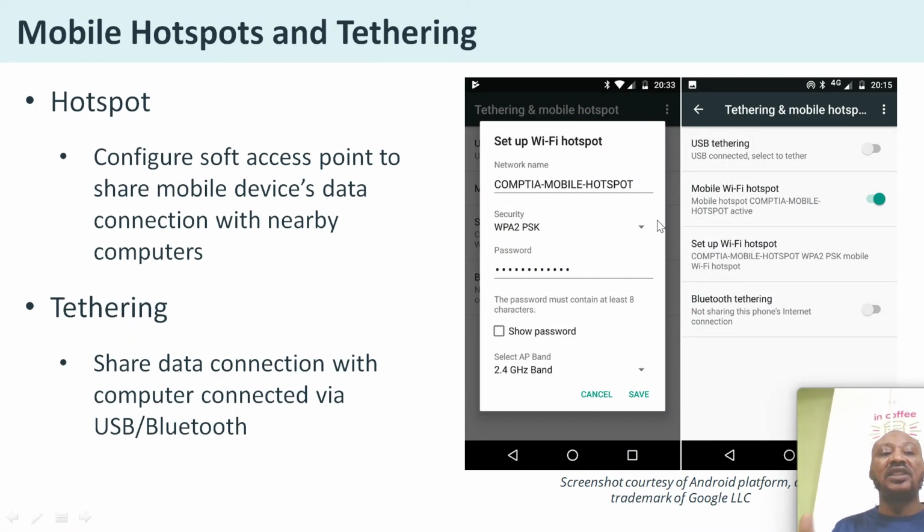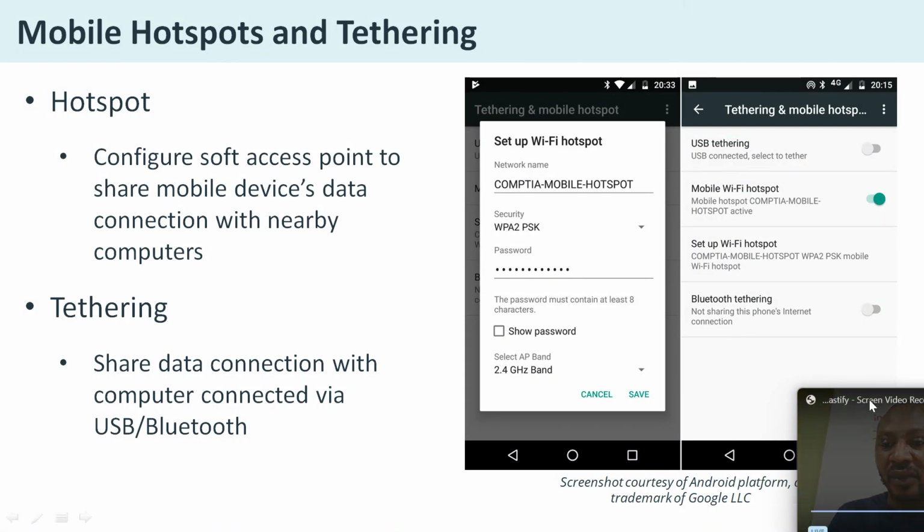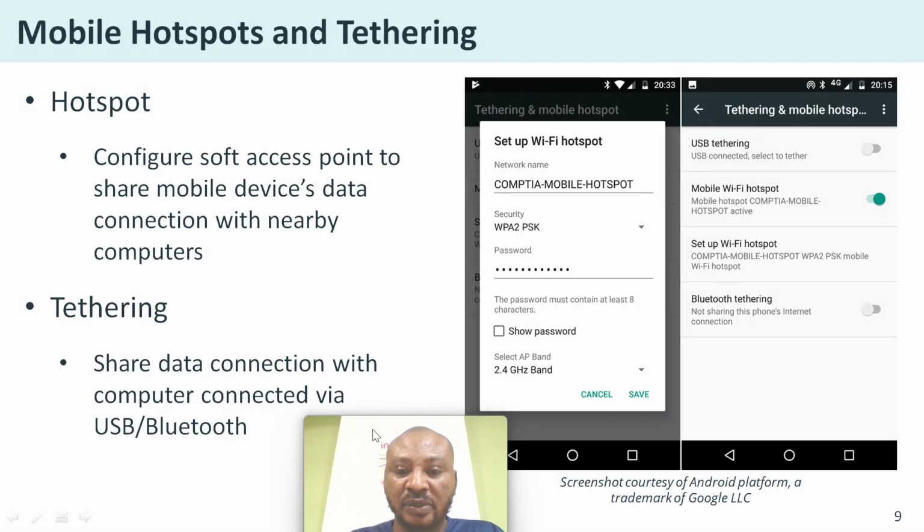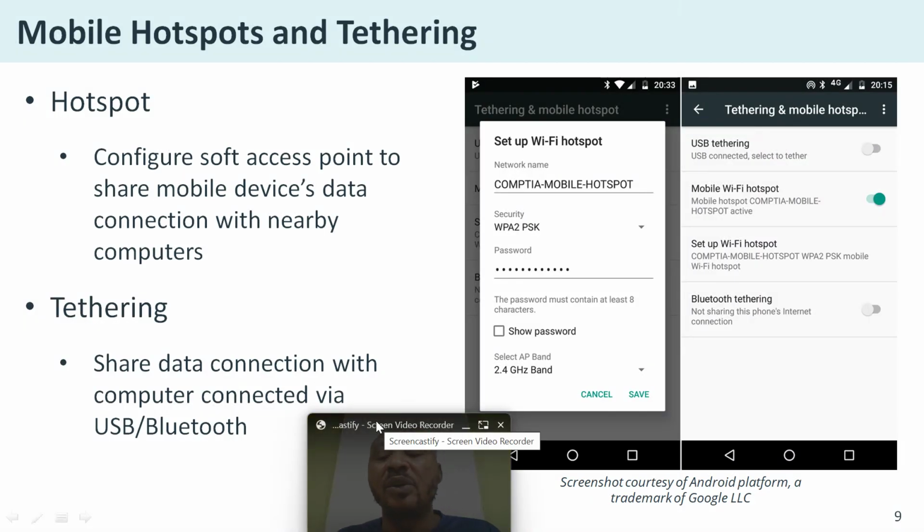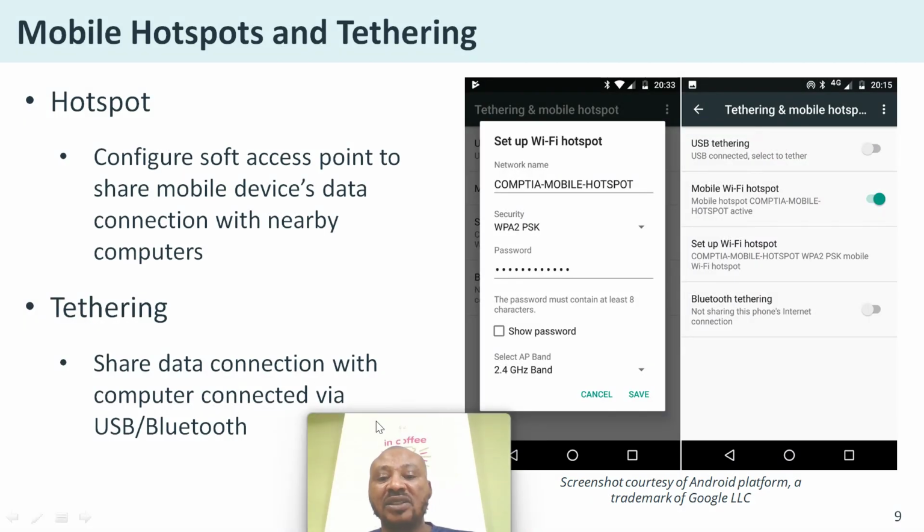These are straightforward. Most of us are aware of hotspots and tethering. Some of you that are new may be wondering what hotspot is all about. Hotspot is just another way of creating a wireless network for your phone, so you can give other people access to the internet. Take for instance now, you are